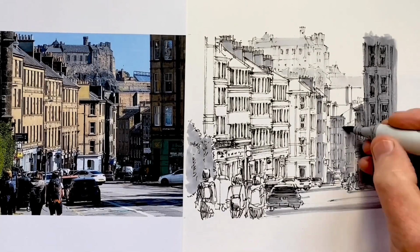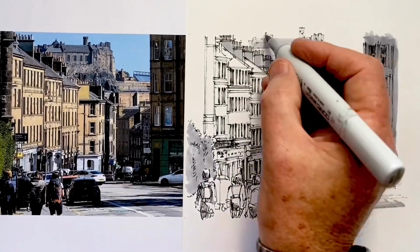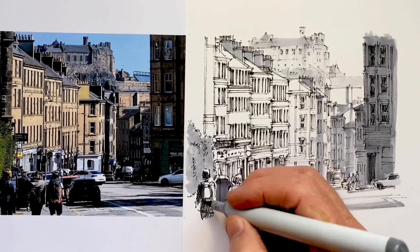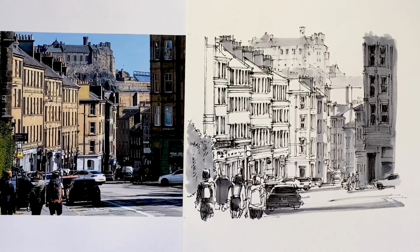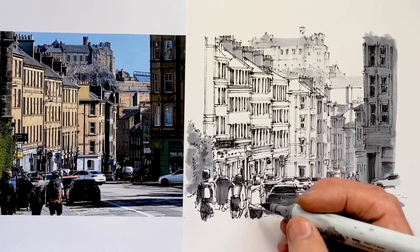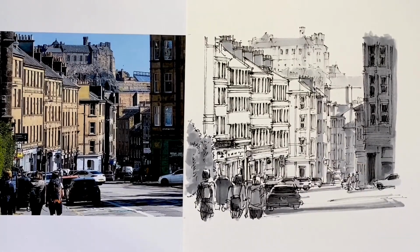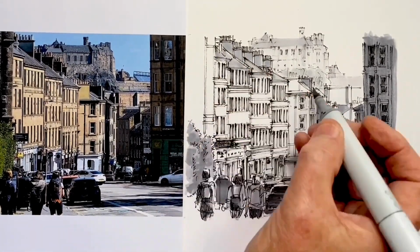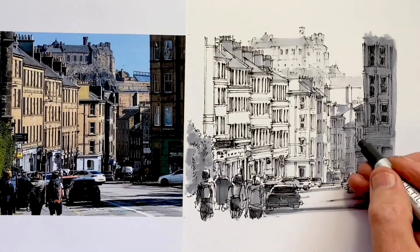Now there isn't actually a huge amount of shadow or shade in this, but it's quite significant what there is. And so I go back and forth, and I always intend the darkest tones to be in the bottom left corner to sort of anchor our scene, and also to bring our attention to the figures so that we then follow ahead of them and go on the journey with them. And they're a great contrast to the architecture and to all those rows of windows above. It's good to balance various elements in our scene, and certainly the natural elements, the people in this case, with the building structures. The roof, I put some tone on to indicate the local colour, and then it's pretty much